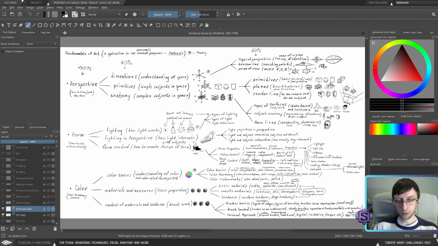There are basics, but still, there are so many complex subjects in space that you would need to spend your whole life to learn how to draw all of them. This element of anatomy is applicable not only to human anatomy, but to the anatomy of a car, of any type of technical object; everything has its own anatomy. Because of this, since in most cases I covered dimensions and primitives, light and perspective, kind of color basics, material and textures are something that we're going to focus on during the actual practice.